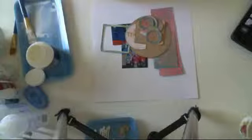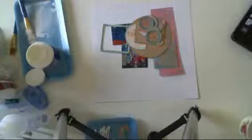All right, so this week is really exciting because we are partnering with Unity Stamps and Susan Papers, which was Susie B. They are bold and fun, but they are also very different than what I would normally play with. And let me show you why. Let me grab them off the floor here. You can see they've been cut into for my project, but let me show you. They're very whimsical,